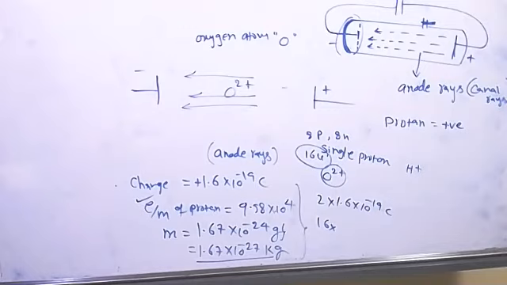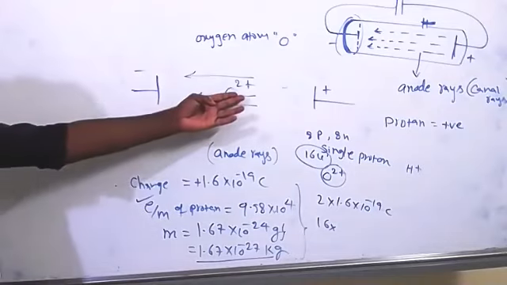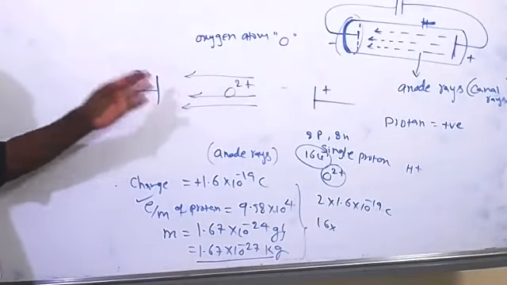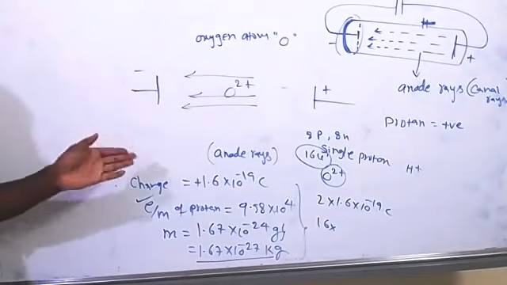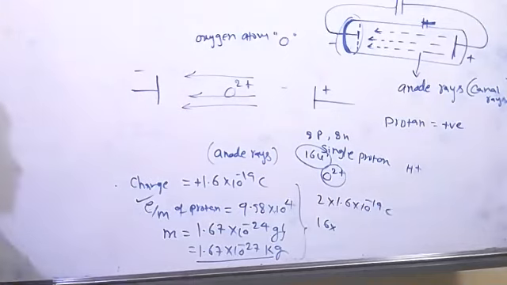Can anybody tell the reason here? The velocity of anode rays is slower than cathode rays. Simple reason: because their mass is heavier. Very good, they have higher mass. Cathode rays are constructed by a single electron, and electron mass we are neglecting, you know that. But anode rays are constructed by protons, not one proton. Oxygen O2 plus completely constructs the anode rays, so it has a very high mass. That's why it is moving very slowly.